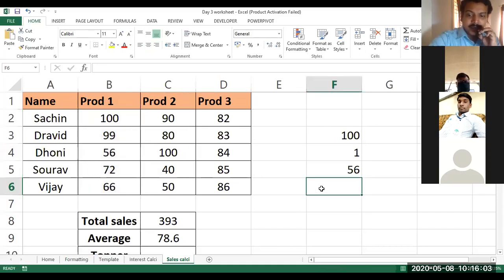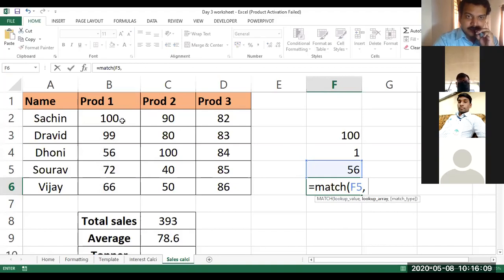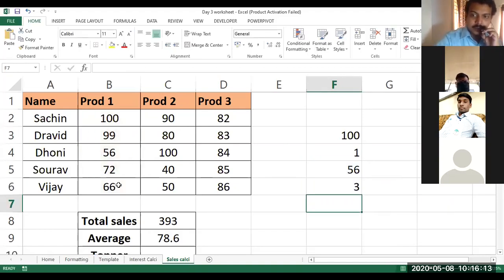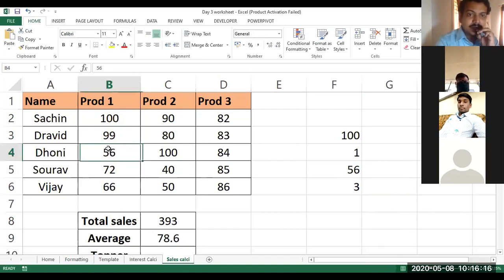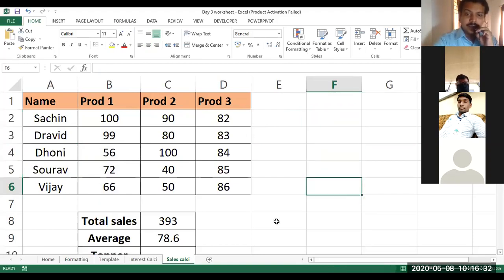Now if I use the match function over here, match, this value 56, comma, in this particular range, comma, the last input is always 0. What is the position? Third. So the third row, now Excel should go to the column and fetch the corresponding value. The third input for the index function will be 1 again. So we go to the first column and fetch the name Dhoni and bring it to us. We are going to combine min, max, and match everything together into an index function.